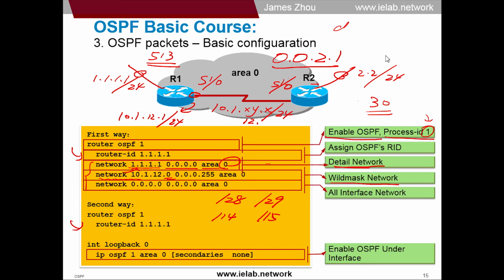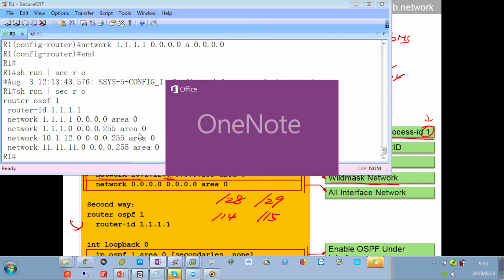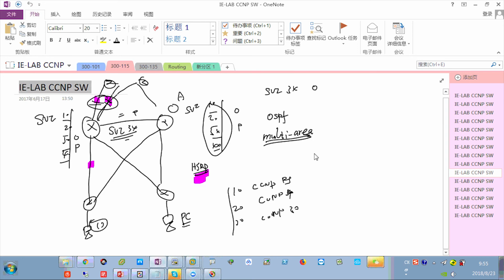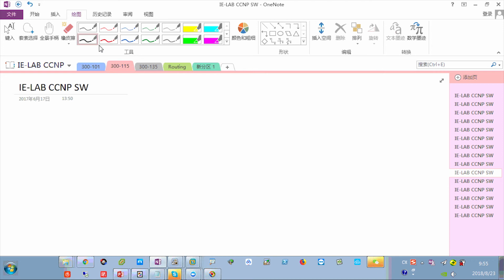Actually, this is 32 bits. 32 bits. Okay. And the last one is